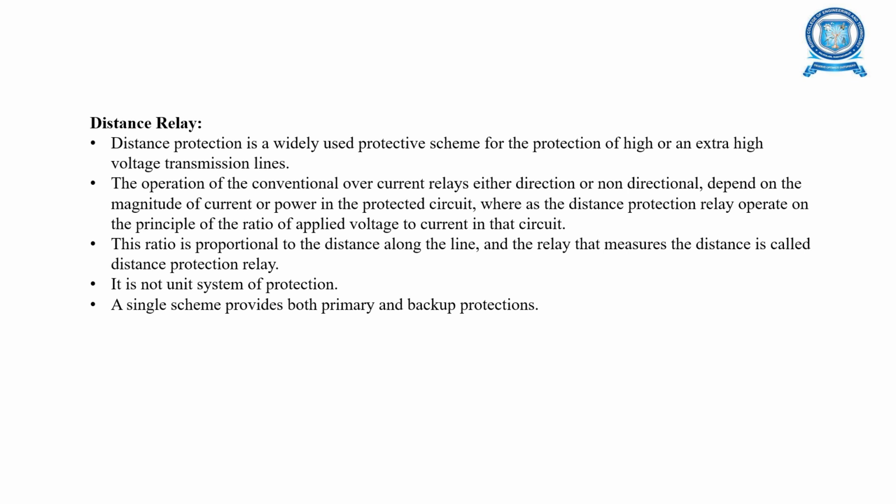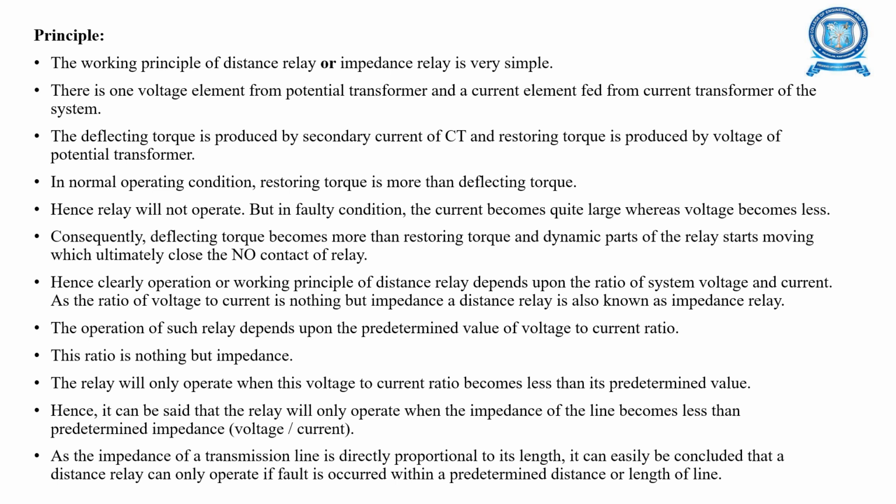So this ratio is proportional to the distance along the line, and the relay that measures the distance is called a distance protection relay. It is not a unit system of protection. A single scheme provides both primary and backup protection. The main principle is